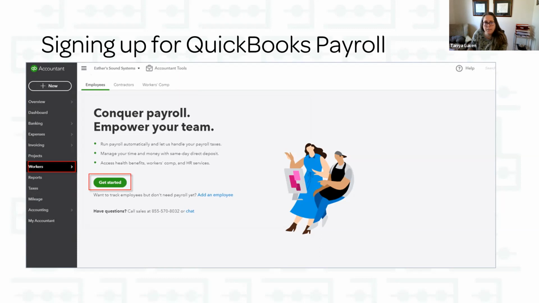So Paychecks, for example, I like Paychecks because they have a dedicated phone number. Usually there's one person that processes your payroll and you talk to that person over and over again. ADP, I feel like, has a little bit more of a robust system that can handle a little more things. But you get an 800 number for a team and not necessarily the same person over and over again.